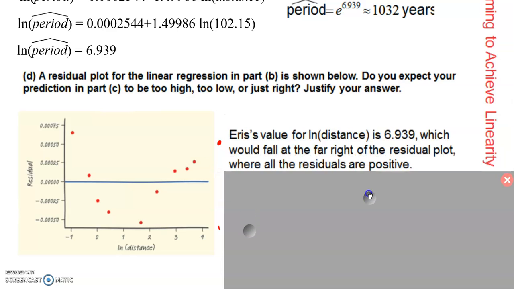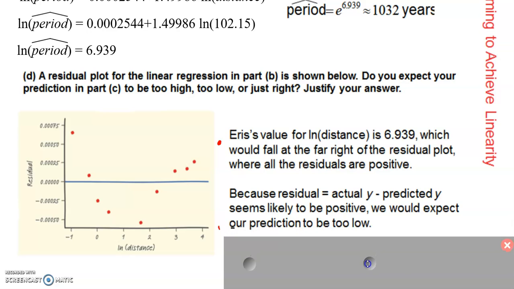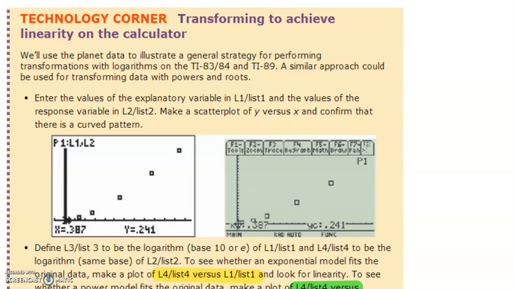Well, this point would fall to the right, which would have a positive residual. And since the formula for residual is actual y minus predicted y, that means the actual value is bigger than the predicted value, which means we would predict that our estimate is actually going to be underneath the actual value. So we would expect our prediction to be too low because we would expect this to have a positive residual. So on your calculator, I tried to walk through all of that